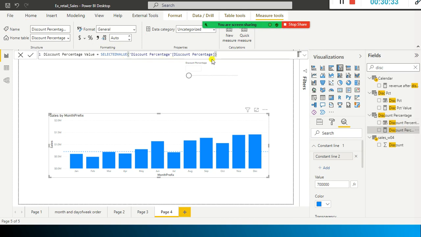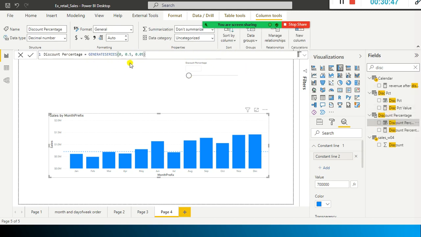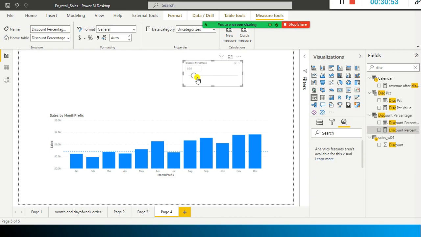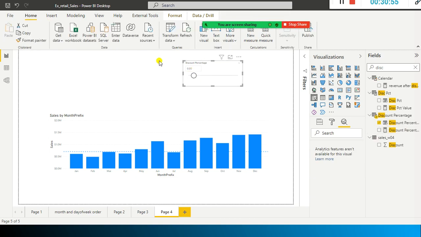The selected value will pick these values and store them here. So whatever you slide, that value has to be captured, isn't it? This one is to generate the values, so what is the range. And this is to capture the value you are currently on. Let's say I'm here, 0.05 should be captured there, right? So for that purpose, it is generating this one.